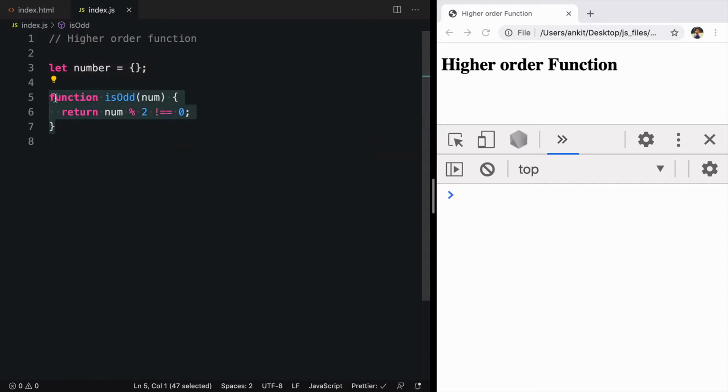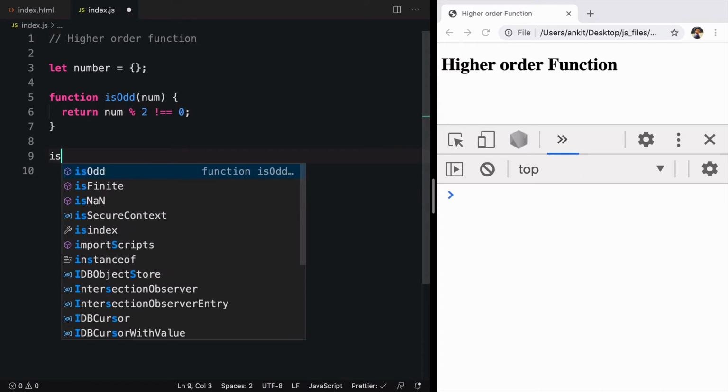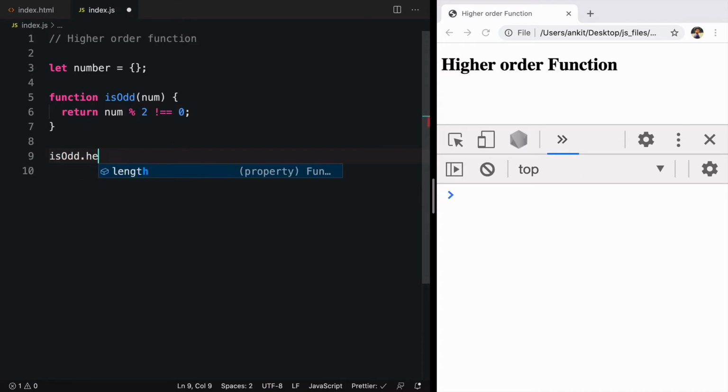Here we have a function named isodd that accepts a number and returns true or false based on whether that value is odd or not. We also know that a function in JavaScript is an object. Let's try to see why it is an object. What if I say isodd.hello is equal to Sam?